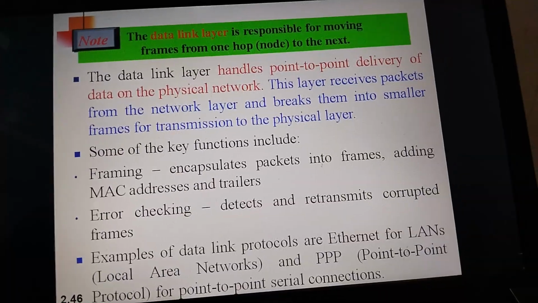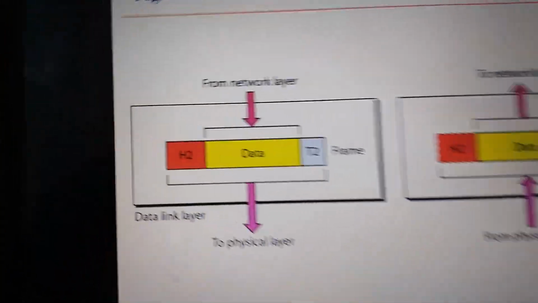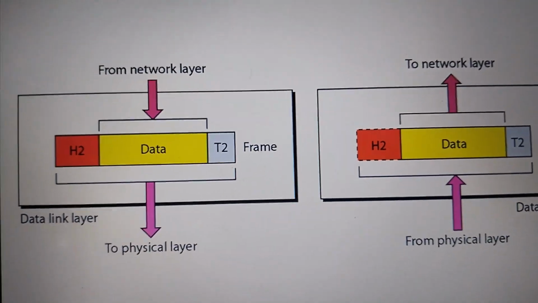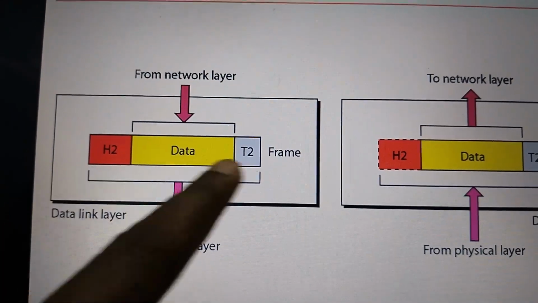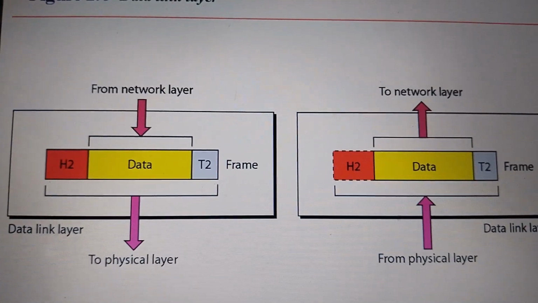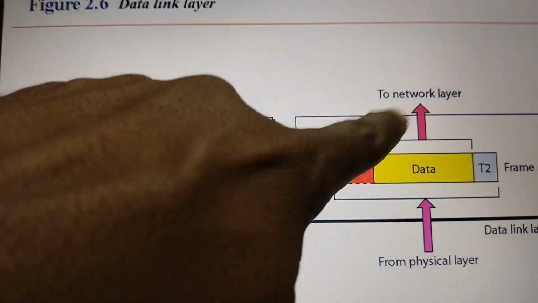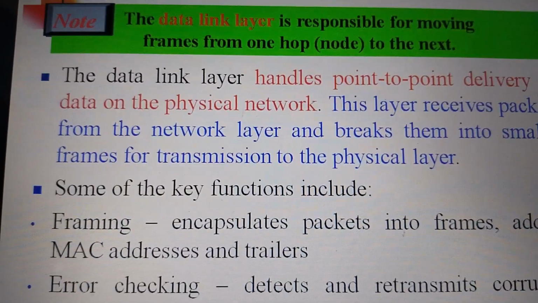Okay, next one is the block diagram of the data link layer. In this data link layer, the data is coming from the network layer, and the data link layer adds the header part, the data part, and the trailer part. Okay, it goes from the network layer to the physical layer and from the physical layer to the network layer, the same thing. Okay, the next layer is